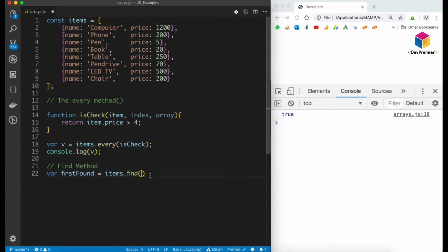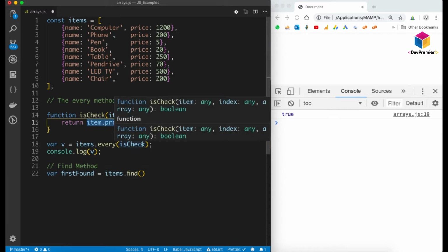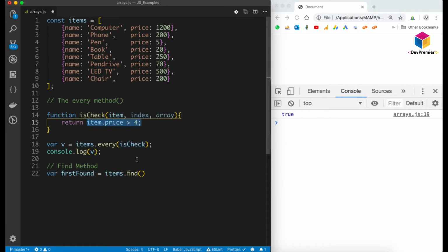So let me show you another method here. Instead of creating a function, we can use an ES6 arrow function to pass this check, here in the every method or in any other method.